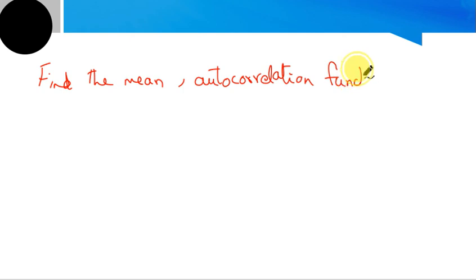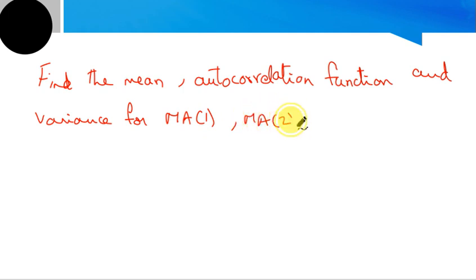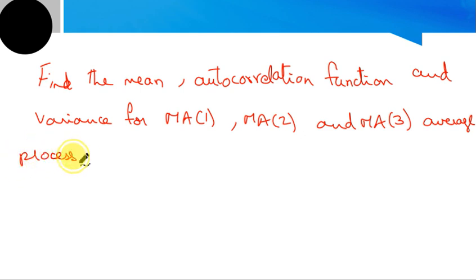Find the mean, autocorrelation function and variance for a moving average process of order 1, a moving average process of order 2, and a moving average process of order 3. Okay, so order 1, 2, and 3,